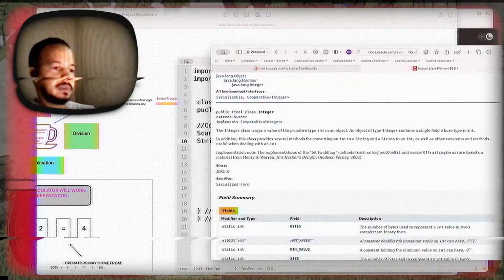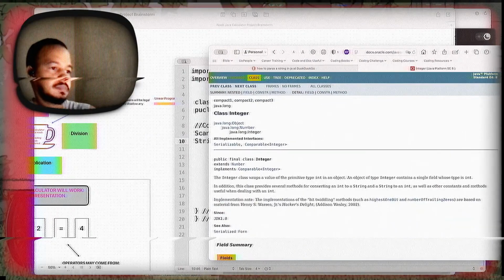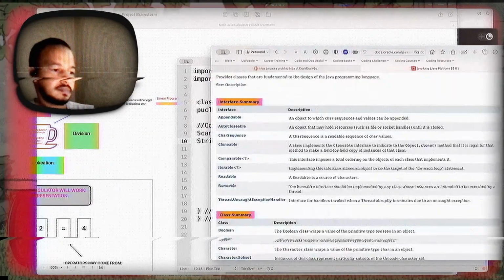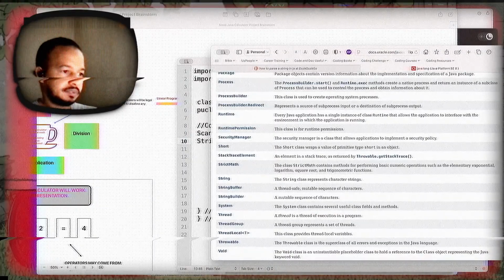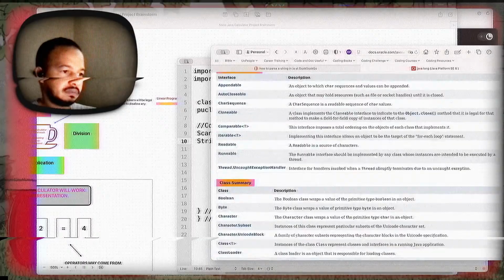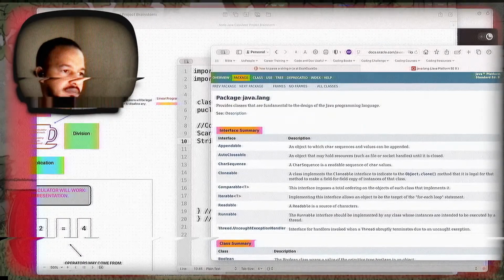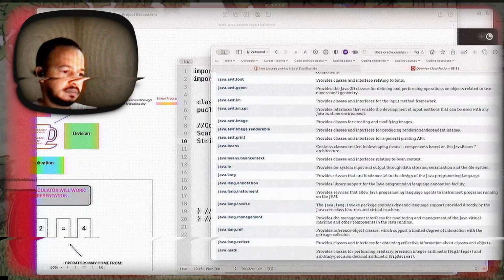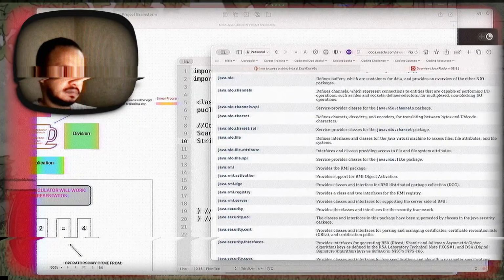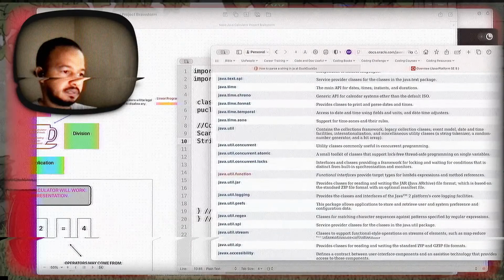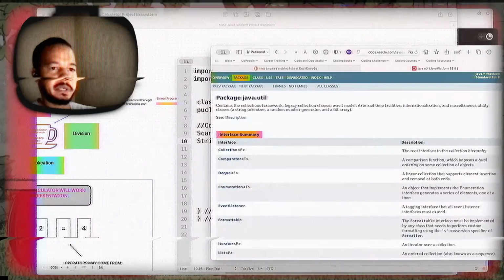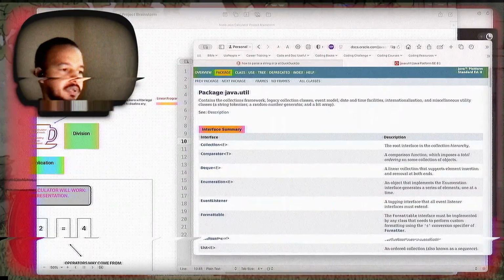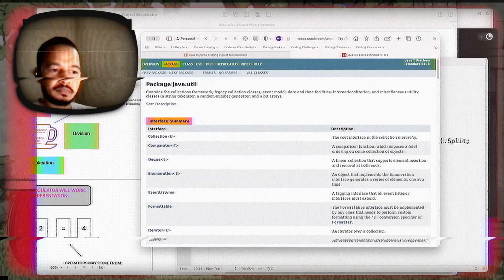We should be using the collection class to create. Okay. Contains a collection framework. Okay, yes, that's what we want, because we need to